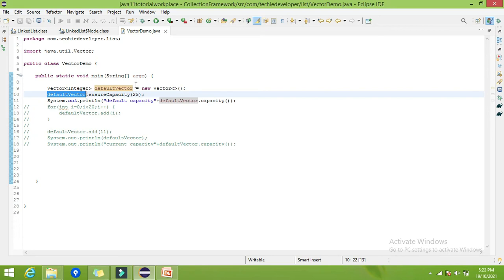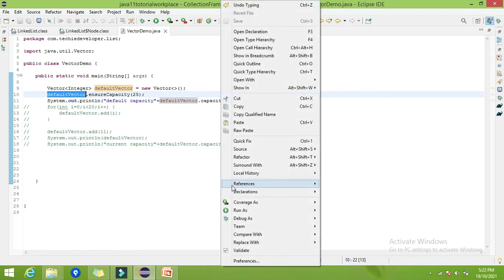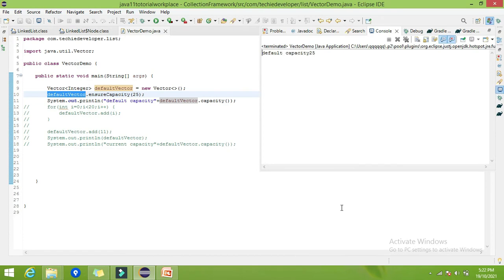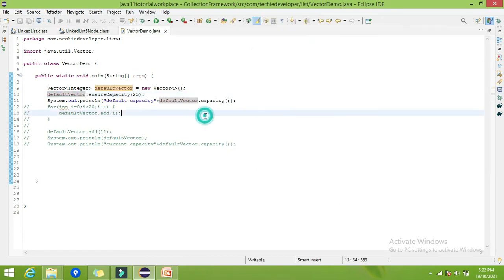Okay, so let's try to run now. Initially default capacity was 10, right? So let me try to print this. So here you can find the capacity is 25 now. It means I have given the information that I am going to add 25 elements for sure.